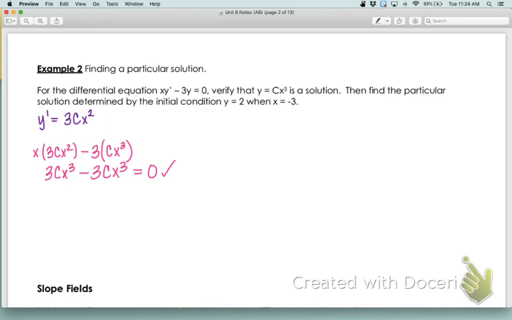Okay, now in order to solve for c, we want to be able to plug the value for x and y into that general solution. So again, we're starting with a general solution of y equals cx to the third. But we know that what we want to find here is we want to know when y